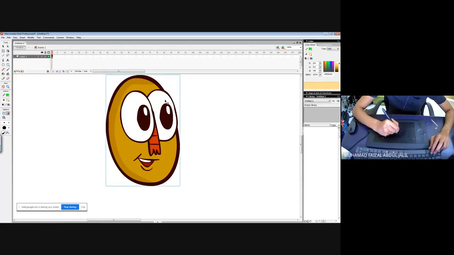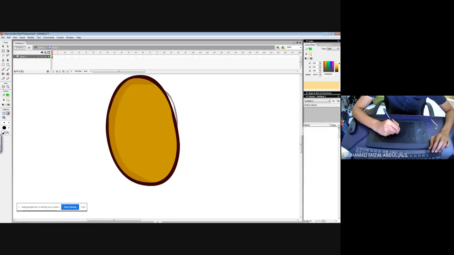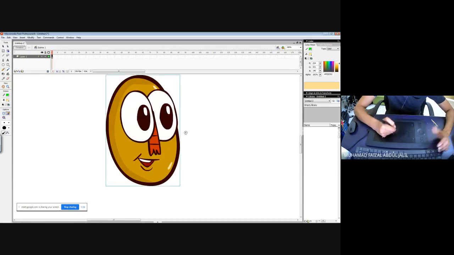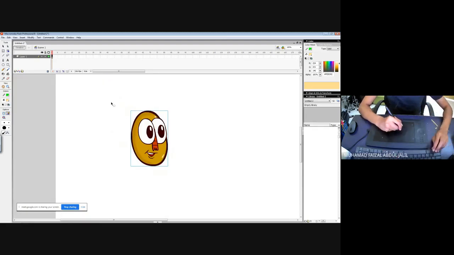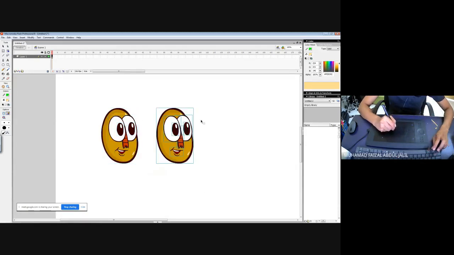Oops, because we're covered with the eyes there. So what I can do is the color selection, maybe here. Hopefully it's clear. From here, if I copy them back,